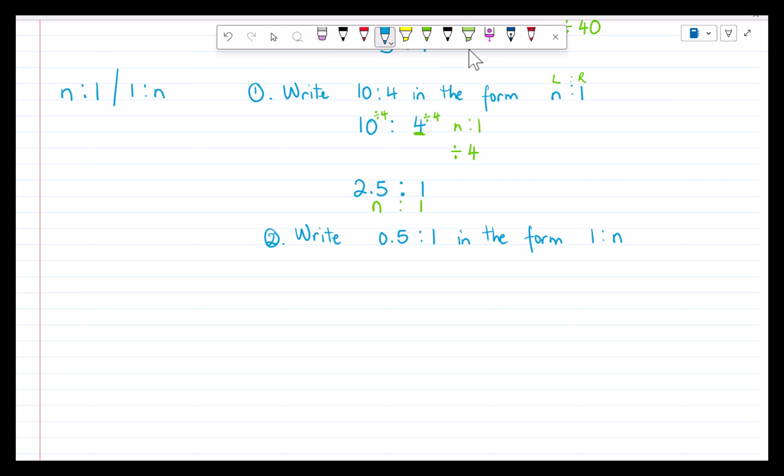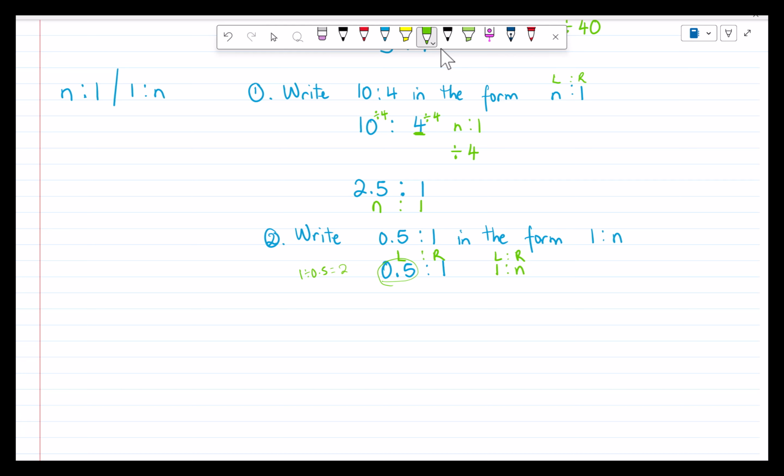Example number 2, we are asked to write 0.5 is to 1 in the form of 1 is to n. We have the ratio 0.5 is to 1 and we want to put it in the form of 1 is to n. This is the left side and this is the right side. We want to change this 0.5 into a 1. So we're going to look at how we can change 0.5 into a 1. In simpler ways, you can just say 1 divided by 0.5, and then you get your answer, which would be